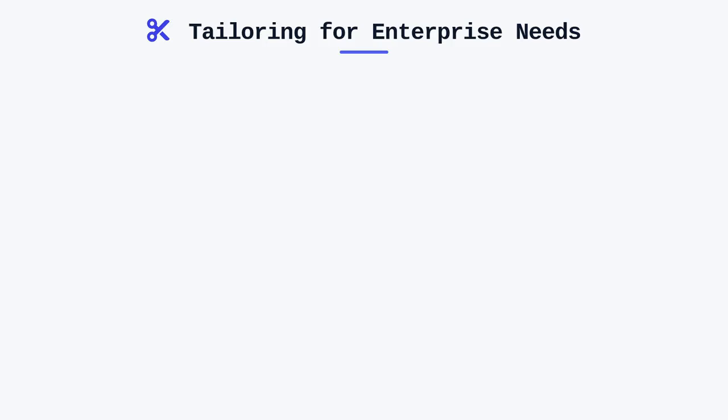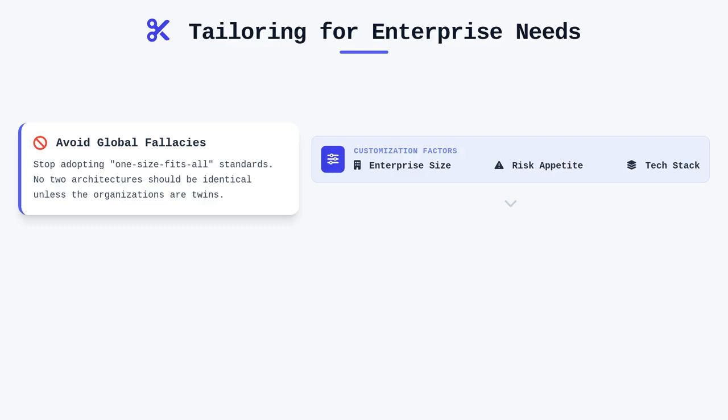Tailoring to enterprise needs means that no two governance architectures should look exactly alike unless the organizations themselves are identical in every relevant detail. You should look at factors such as the size of the enterprise, its risk appetite, and the complexity of its technology stack to customize the governance model. This principle warns against the fallacy of adopting a global standard without filtering it through the lens of your own